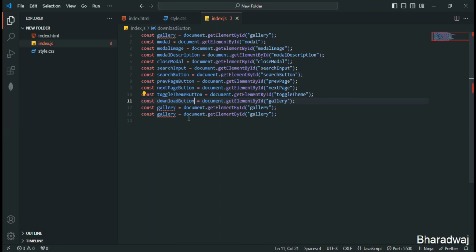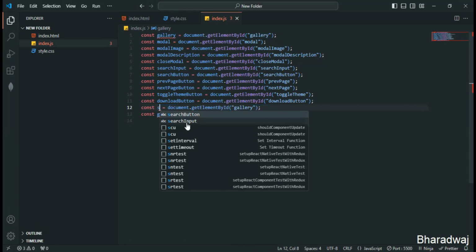So within the modal, we have given the download button, if you remember. So we had set the ID download button. I'll just keep here. Let me copy the same thing over here. Let me paste it over here instead of the gallery. So after the download button, let me give